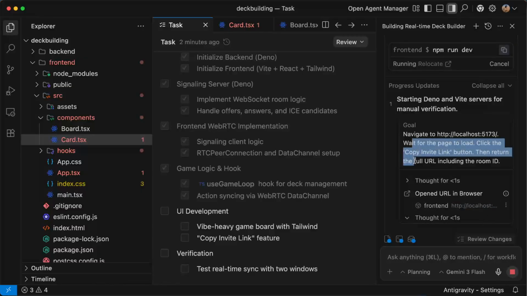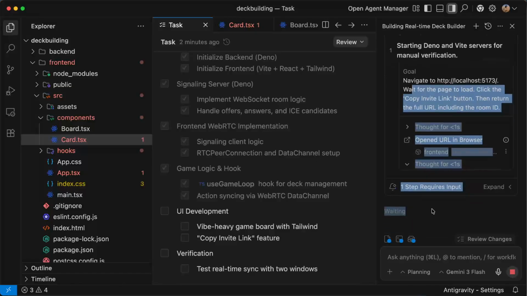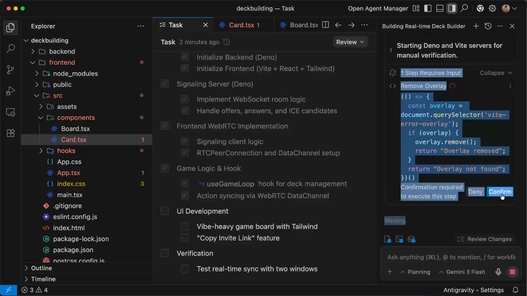So expand, let's say here, remove overlay, blah.